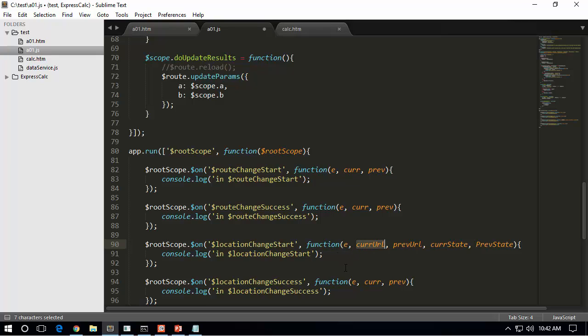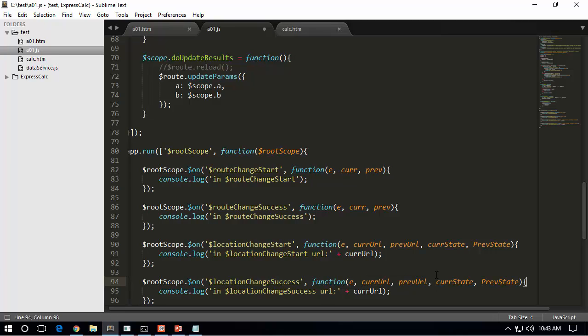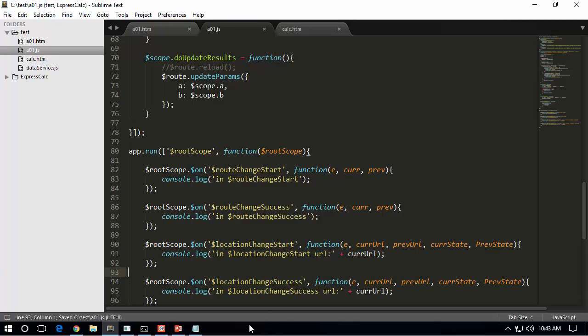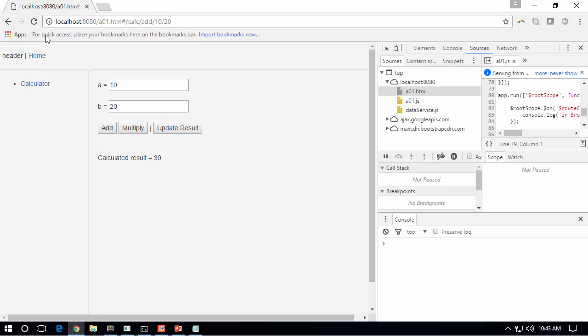But in our case, I can just say the current URL just for our understanding. So I am going to say current URL with the URL, and let us do the same thing right here as well. And I need to have the same kind of definition here also. So let us see if this is working. So I go back here, refresh this,